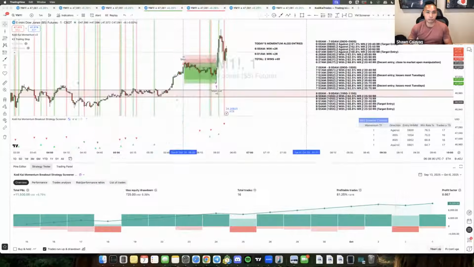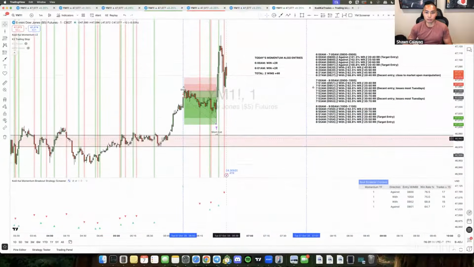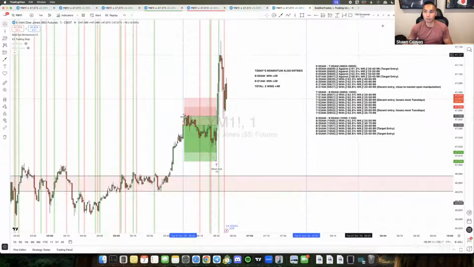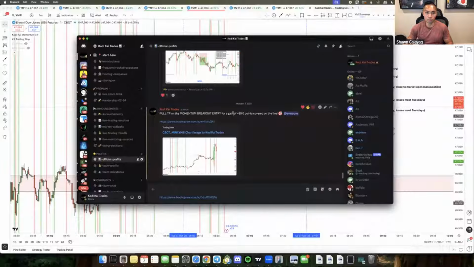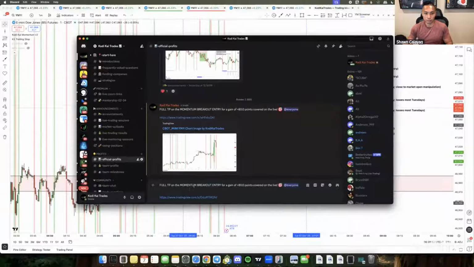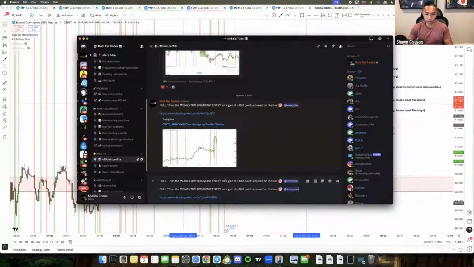And then we had this one over here. I'll just drop this down a little bit. And we're currently at 8R on this, or 4R on this one. So there was two entries on this one. They're both for 40. So technically today, if you took every entry, guys,